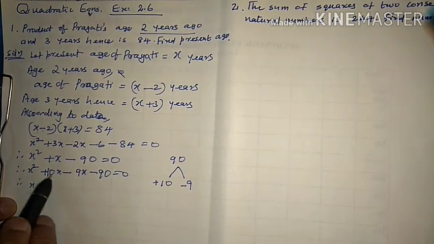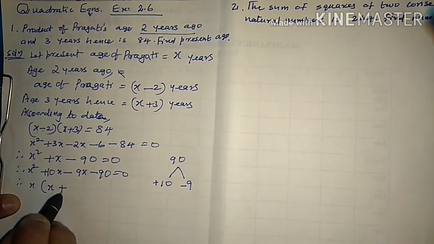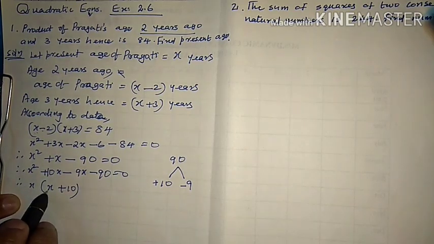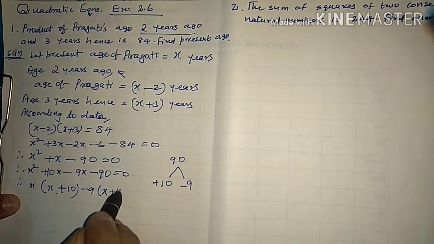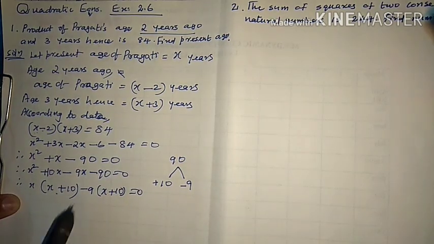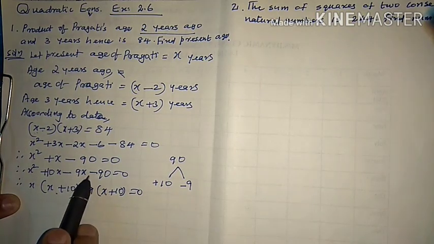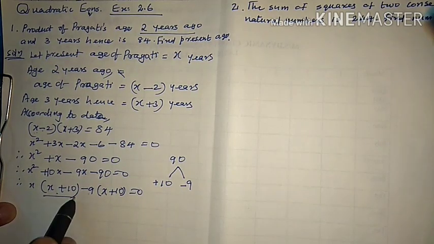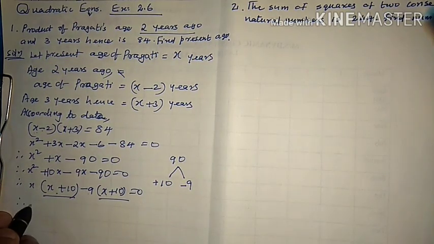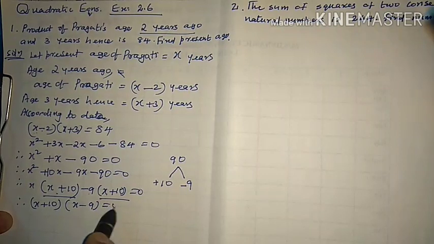We take x as common factor out from the first two terms. So remaining is x plus 10. From the next two terms, coefficient minus 9 you take out, and the same expression x plus 10 you write here. Check and see: minus 9 into x, yes, minus into plus, minus. 9 tens are 90. Now this term is the common factor. x plus 10 into x minus 9 equal to 0.